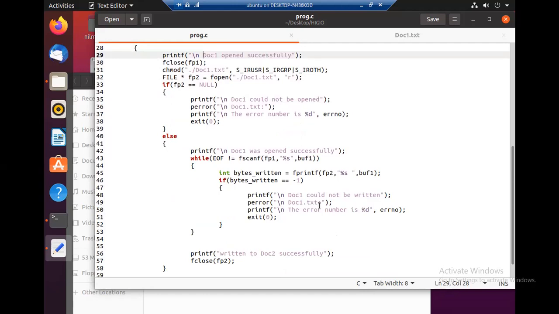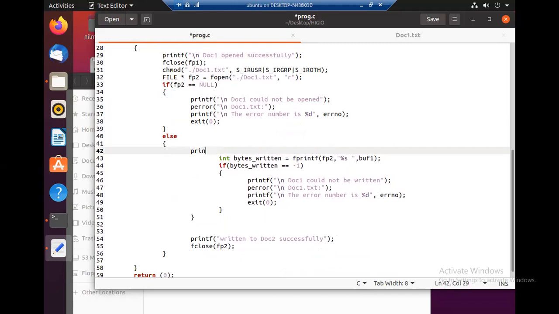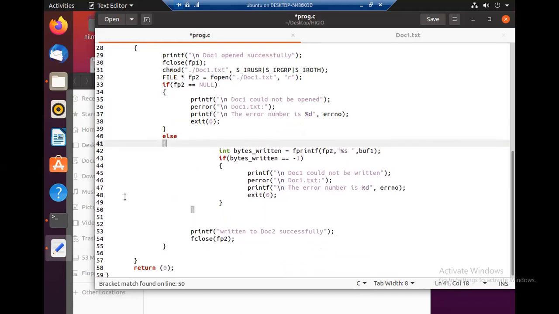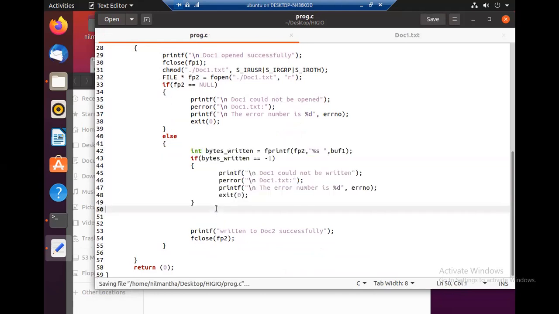Now we are asked to write, not reading. So these things are not required. We are asked to write a sentence to it. So I'll just write some arbitrary sentence to it. I'll say just a sentence.